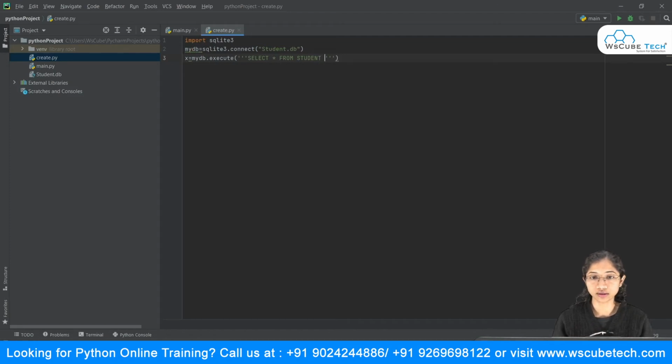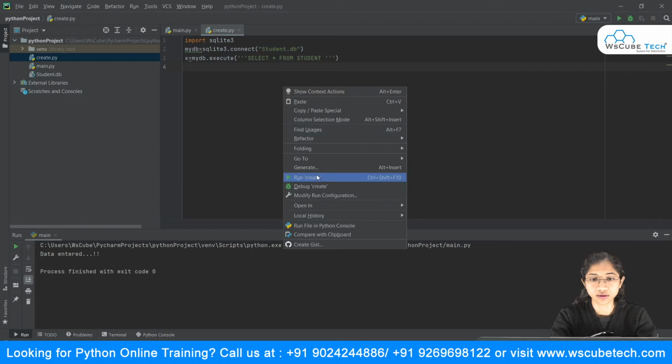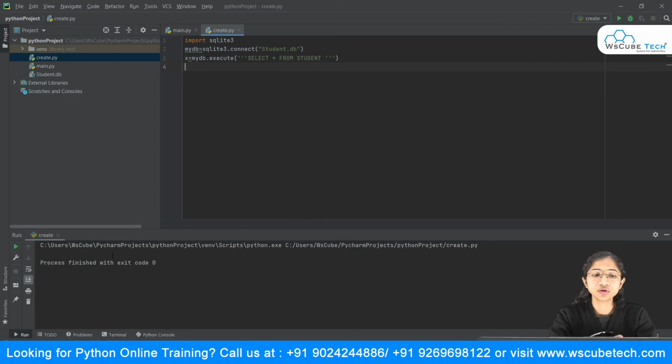And what I'm doing over here is, now see, if I simply run it, it will just execute, but it is not going to display anything. This is from the earlier video. We just right click over here and say run. So you are not seeing anything. Now, in order to display these things, we are going to make use of the for loop, all right.